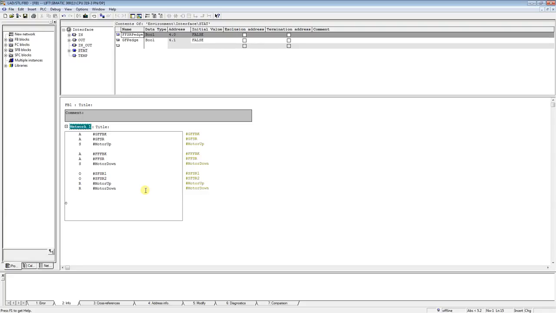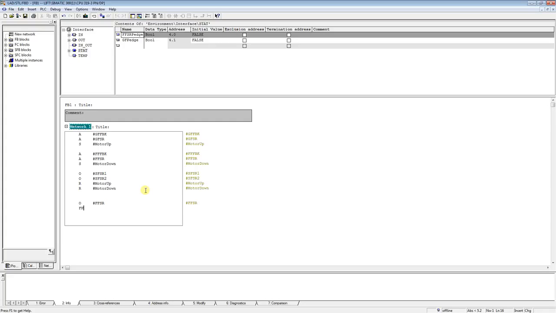So it seems like that. This is a logical OR condition, and to detect an edge, we have to simply write